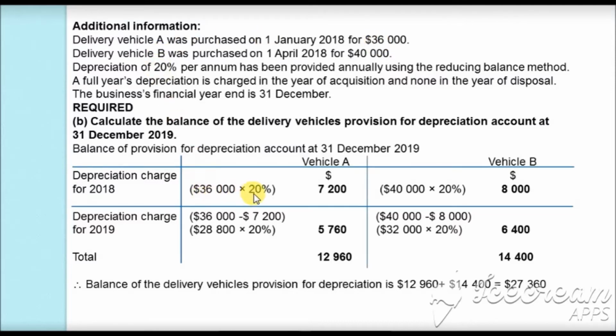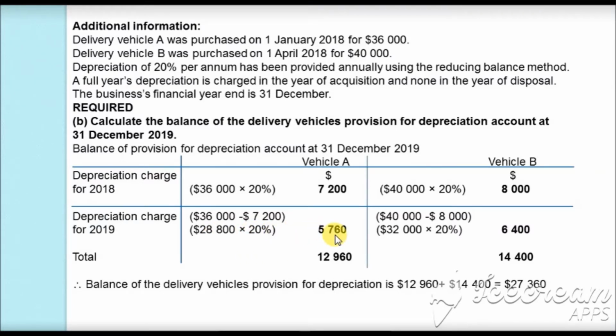So $36,000 times 20% will be $7,200. For vehicle B, the cost is $40,000 and the rate of depreciation is 20%. So 40,000 times 20% will be $8,000. In 2019, as we are calculating the depreciation based on the reducing balance method, we have to first find the carrying amount. For that, we take the cost and from there we subtract the depreciation. We will get the carrying amount for vehicle A in 2019 as $28,800 and then we will multiply it by 20%. We will get the depreciation as